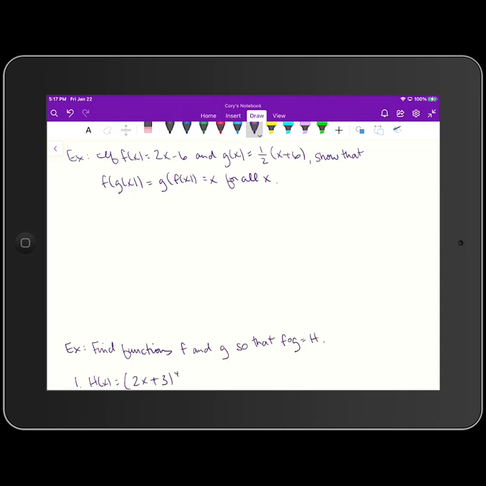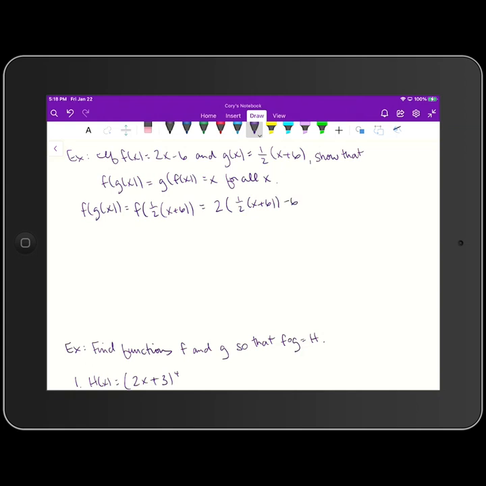Okay, now in the next lesson, when we go over inverse functions, we're going to talk about the significance of both of these compositions being equal to x. Okay, so if we want to do f composed with g first, that is f of g of x, which is f of 1/2 the quantity x plus 6. So we're going to plug in 1/2 the quantity x plus 6 wherever we see an x in the function f. So that's going to become 2 times 1/2 times the quantity x plus 6